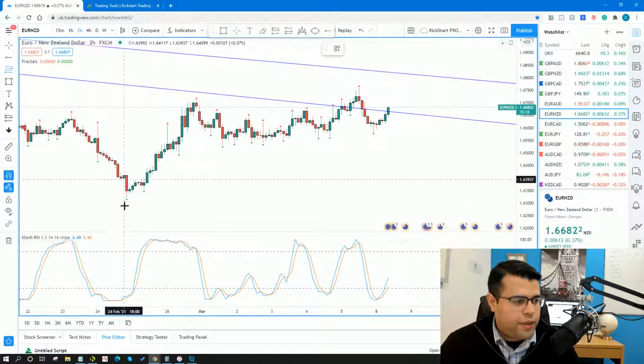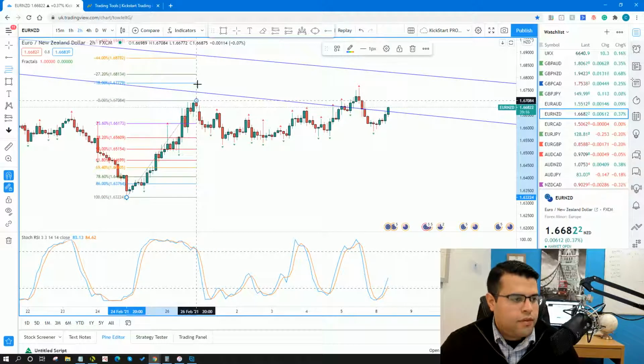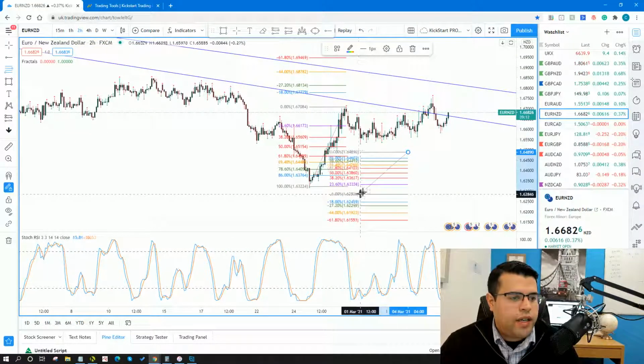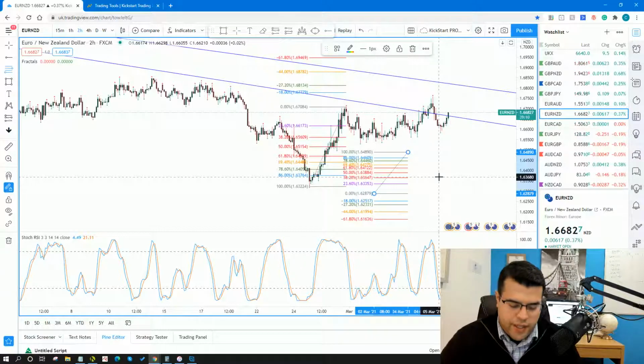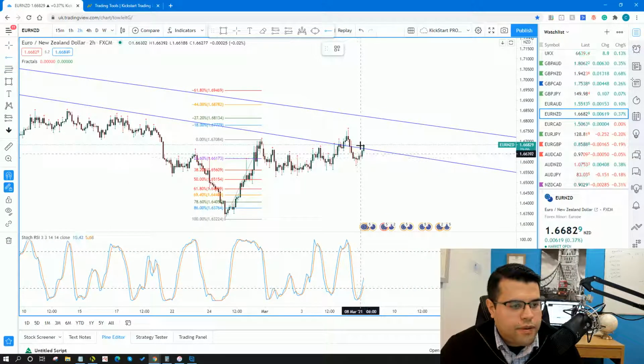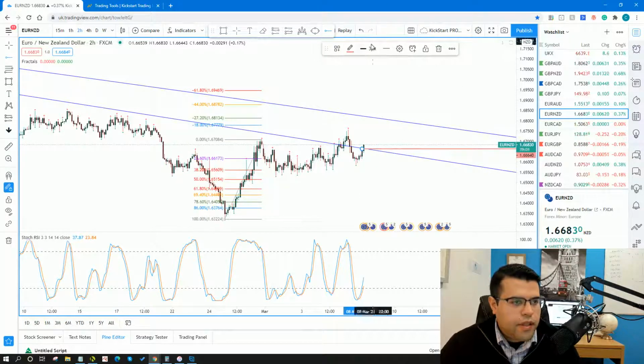I'm just going to do some simple fibs from high to low. Okay, so we got a 382, so you've got plenty of room there. I've got plenty of room up to 69.46. So let me see what this looks like in terms of an entry opportunity.